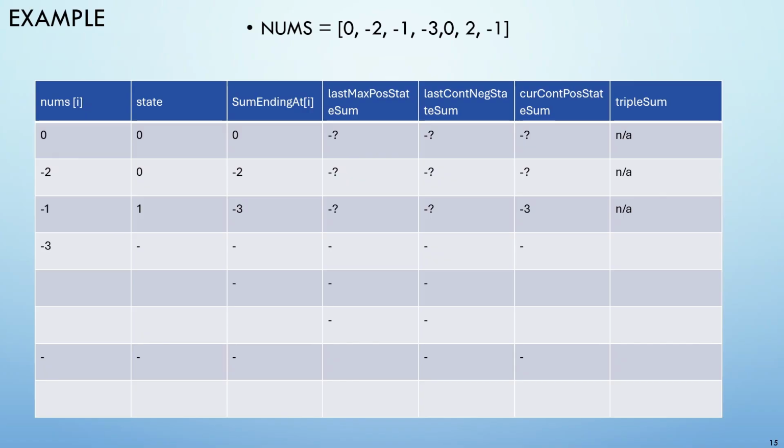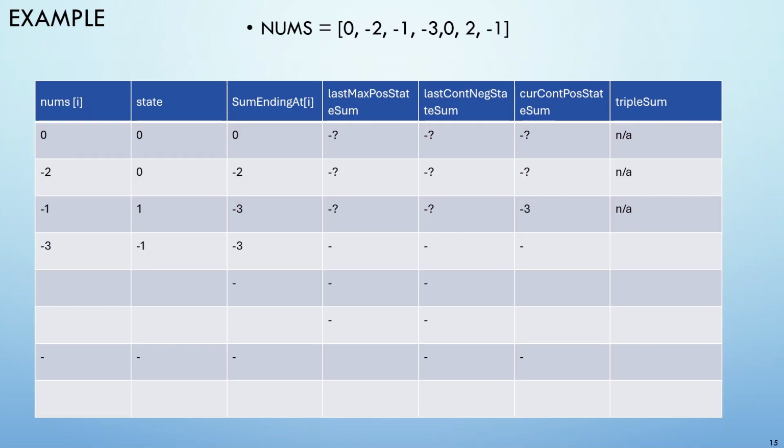Coming to the next element, which is minus 3. So minus 3 is less than minus 1, which means we are going into a decreasing trend, and the current state is 1, which means we are moving from segment 1 to segment 2. The state would be decreasing, which is minus 1. The sum ending at I will be the array element itself because we are changing state,